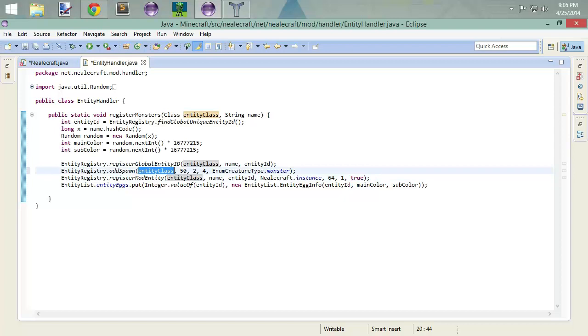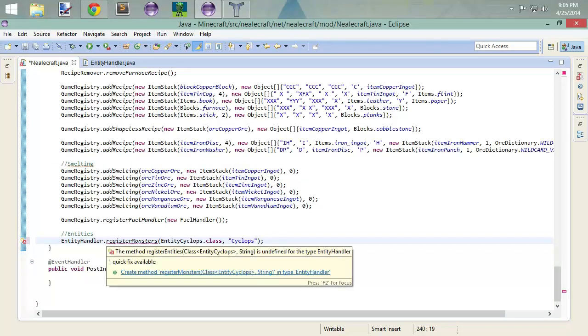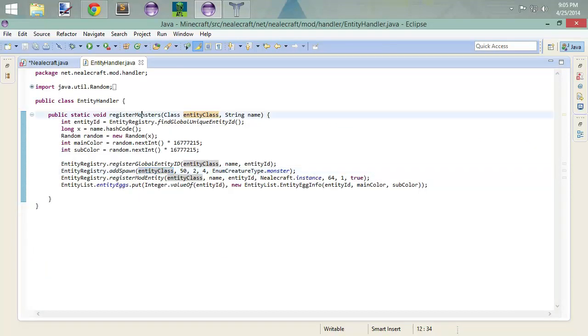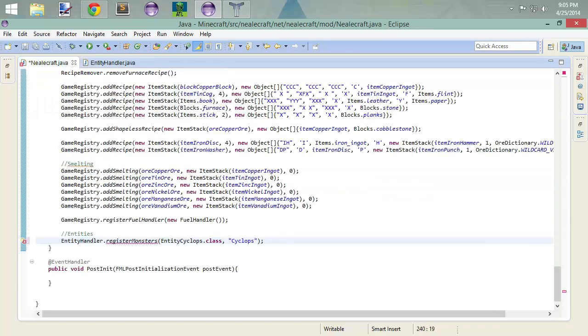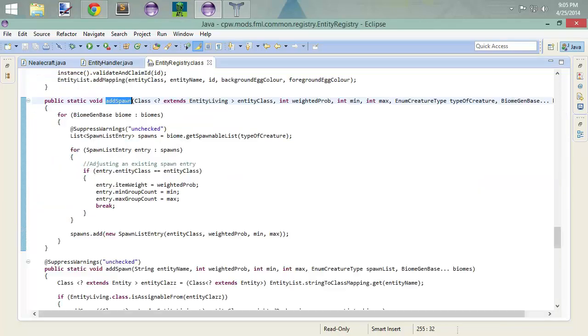We have the class that's going to be registered. That class is actually over here, our entity Cyclops. Why is it saying this? Register monsters. There we go. Had to save it. So it's passing along this entity Cyclops class over to here. Our chance to spawn is more or less this, and if you hold down Control and click Add Spawn,